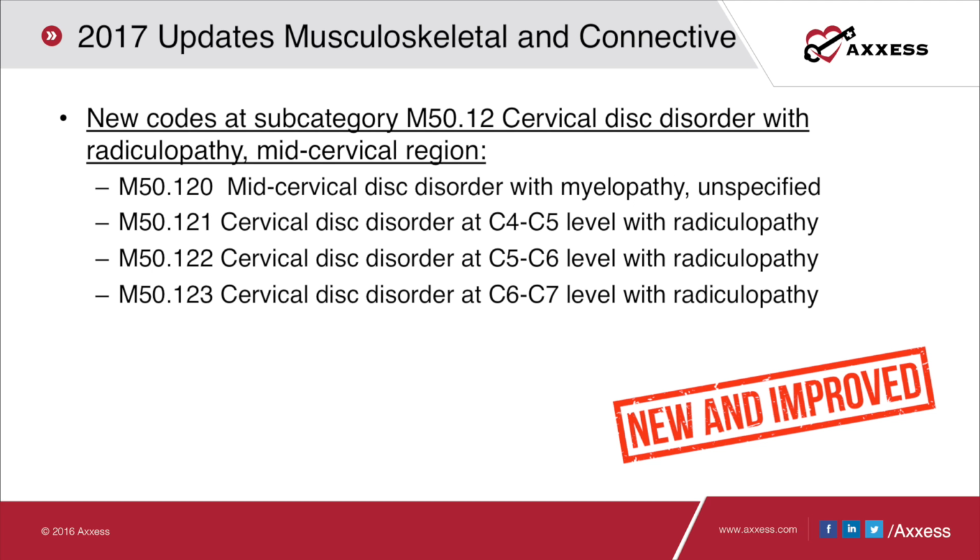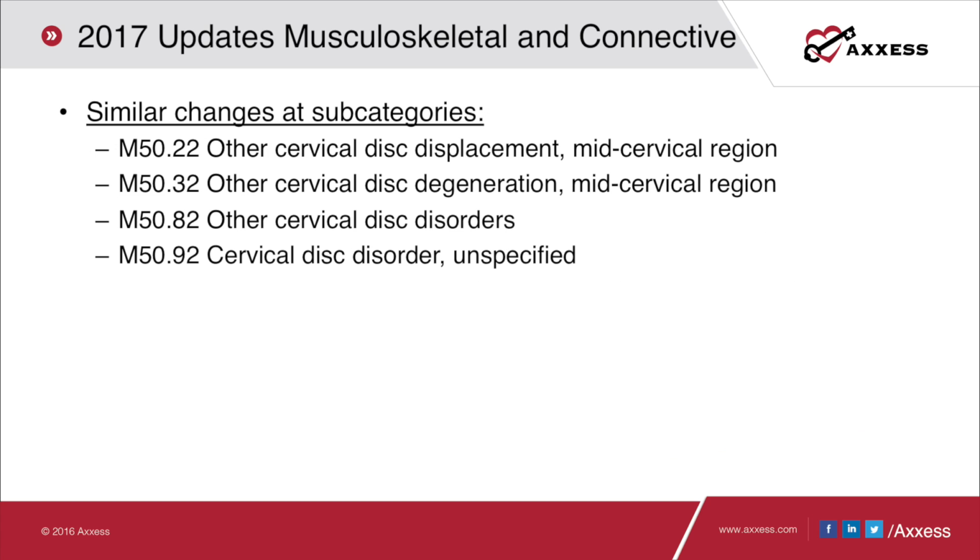You're also going to notice the new codes at subcategory M50.12, which is your cervical disc disorder with radiculopathy, mid-cervical region. Again, they took that and broke it out into 6-character codes, with the 6th character telling what level of radiculopathy and cervical disc disorder that we have. So 121 is C4, C5 level, 122 is C5, C6 level, 123 is C6 to C7 level, and of course the M50.120 is the unspecified. You're going to notice those same type of changes at the subcategories M50.22, other cervical disc displacement, mid-cervical region,